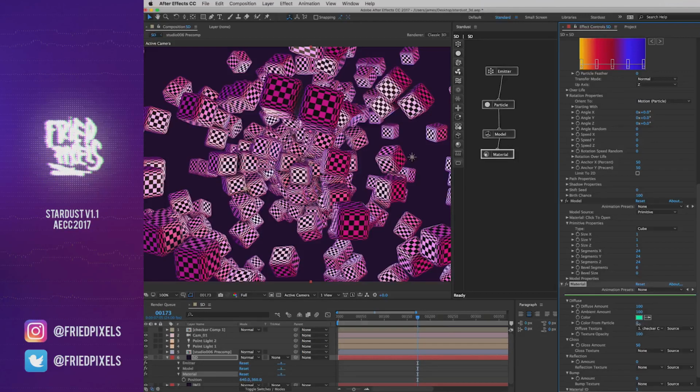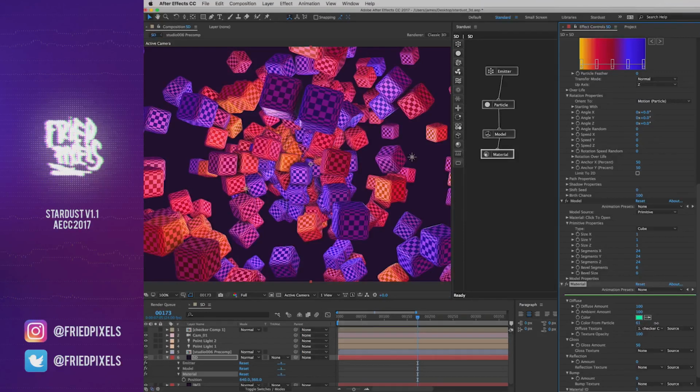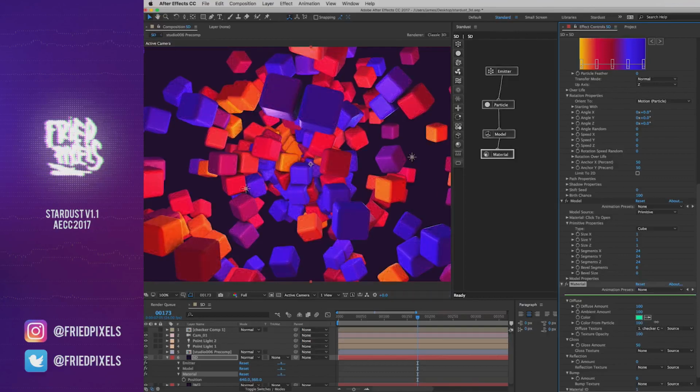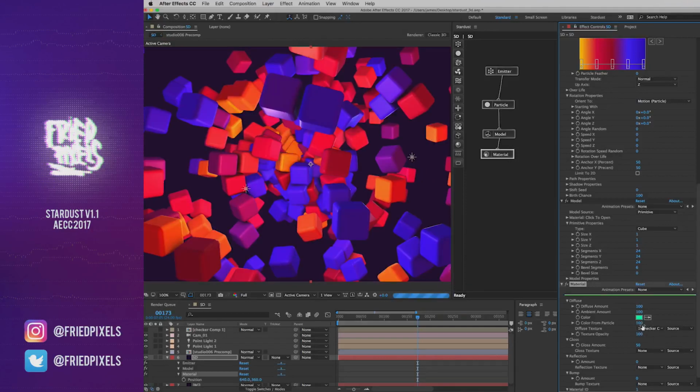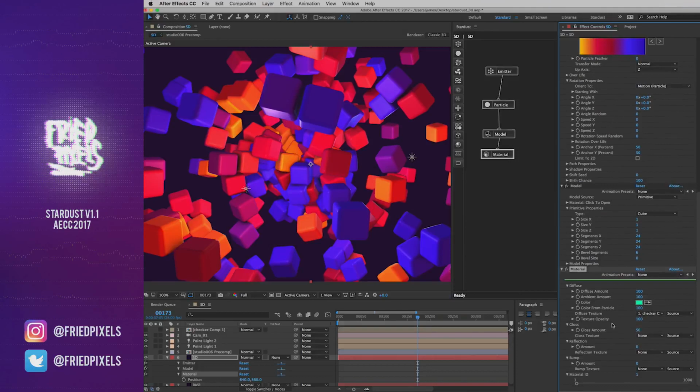So now again, if I grab this color from particle and start turning this up, you'll see that it's blending between our texture and the gradient that we have applied up top. So you'll just have to take that into consideration if you're trying to do textures for the diffuse. But for now, I'm just going to set that to 100 for the color from particle, and we'll just use that